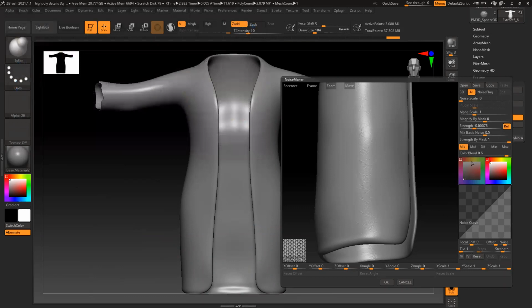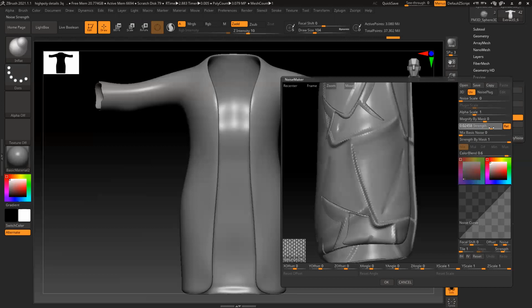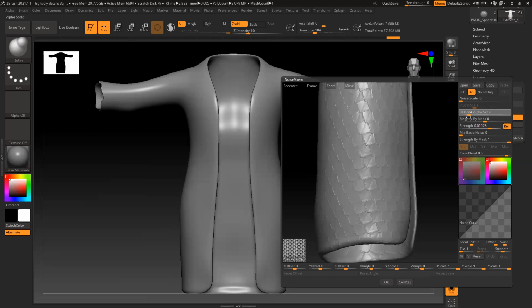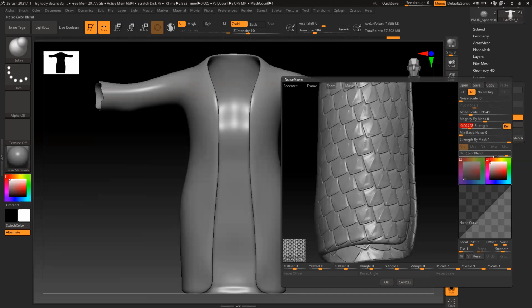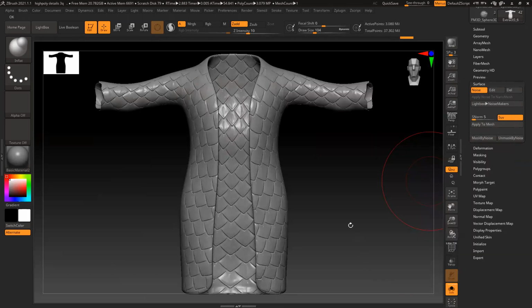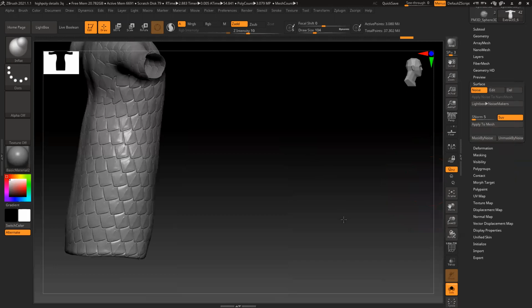Let's do some pattern, biggest noise mix, I don't want anything. 23, scale. Or negative, yeah, negative looks better. Add it and okay. There is no stretch.